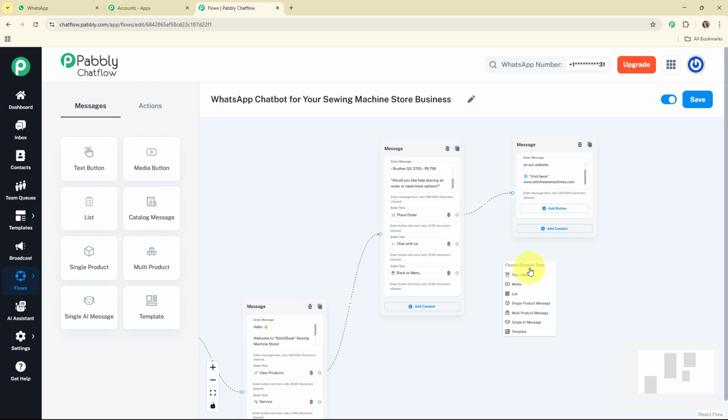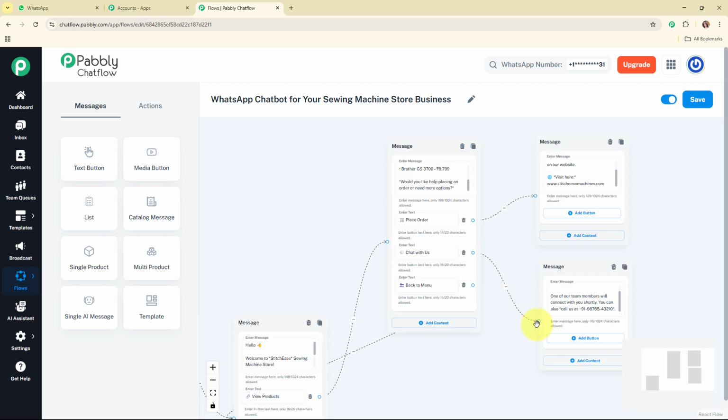button, and here I'm going to add another text box over here, and here I'm going to enter the text as: No worries, one of our team members will connect with you shortly. You can also call us at this number. Alright, so with this, we have successfully added this message box as well. So now we are going to connect this back to menu quick reply button to the main message box. And with this, we have successfully built the WhatsApp chatbot for this quick reply button that was for the view